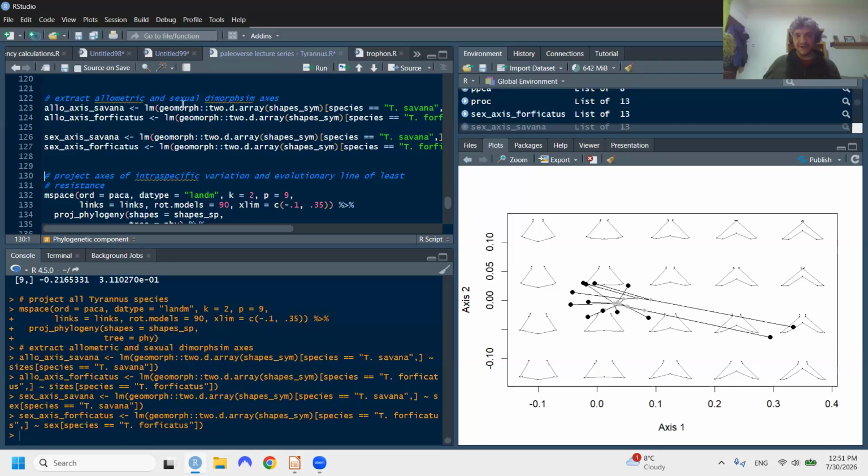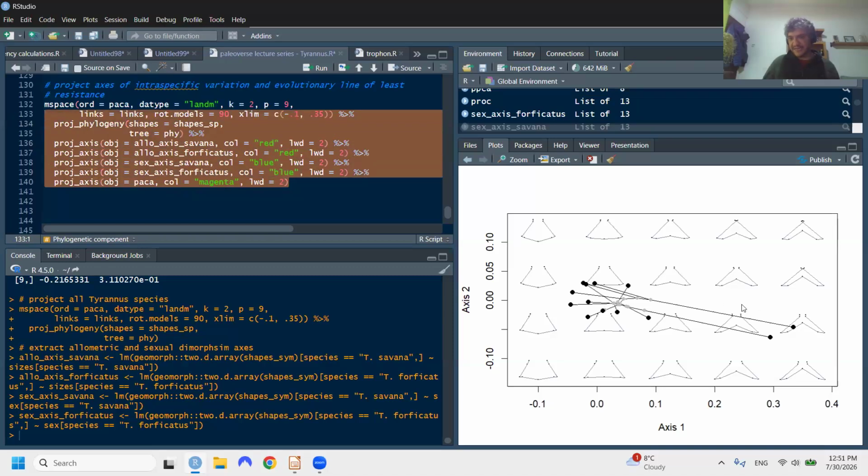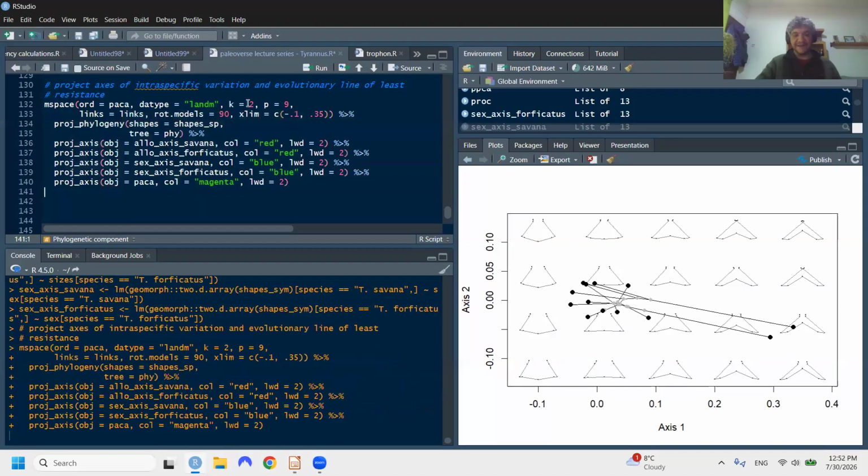And very quickly, I'm going to use the intraspecific variation that we have to calculate a couple of axes for the flycatcher species. An allometric axis, this is static allometry, not ontogenetic allometry, because our specimens are all adults, as well as a sexual dimorphism axis for each one of them. And I'm going to now project these axes into this phylogenetically aligned morphospace together with the first component of PACA itself, which we interpret to be an evolutionary line of least resistance for the cluster of species with irregular tails,